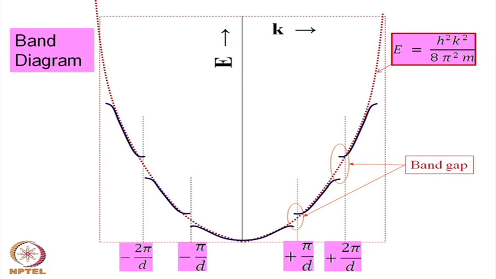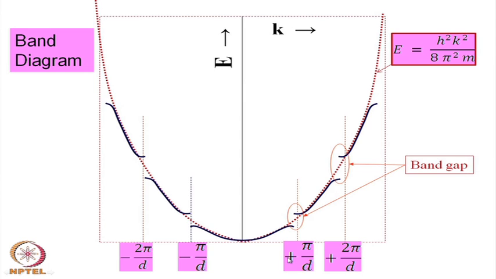The difference is there is a certain amount of discontinuity. This curve is not continuous. Earlier we saw these are discrete points, discrete energy levels, but otherwise almost a quasi continuous line. But because of the periodic potential of the lattice and the consideration of Bragg diffraction that we have just discussed, a certain amount of discontinuity happens,